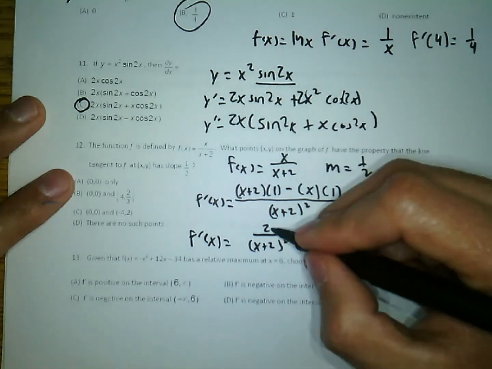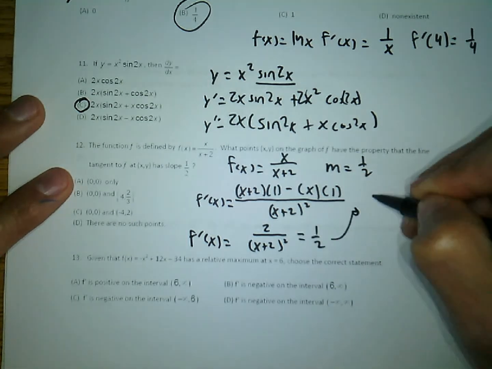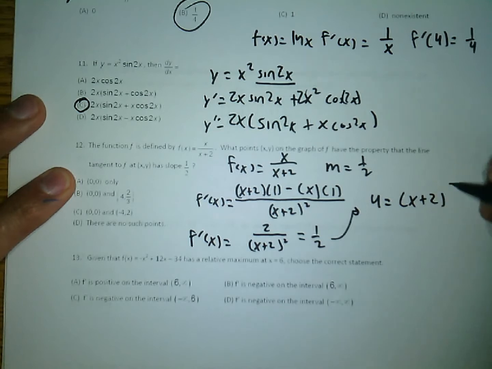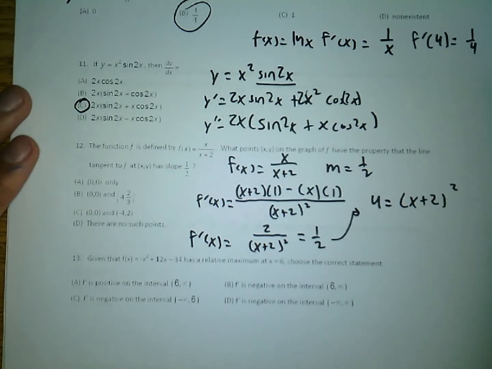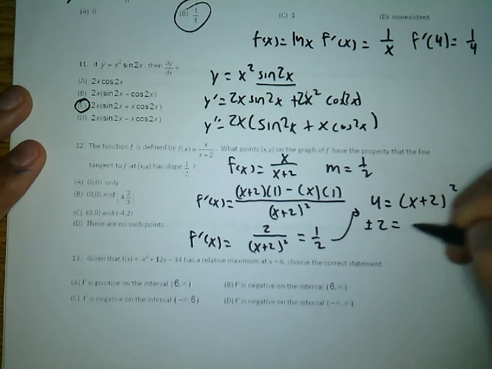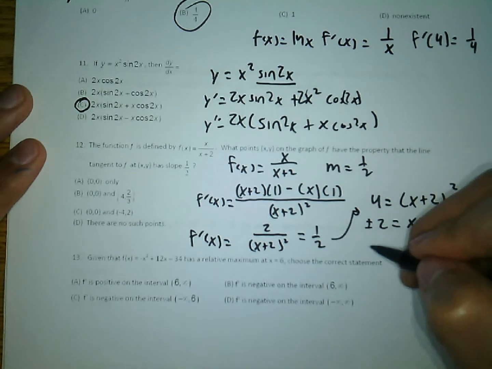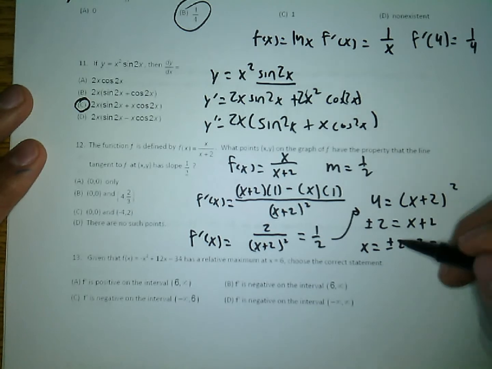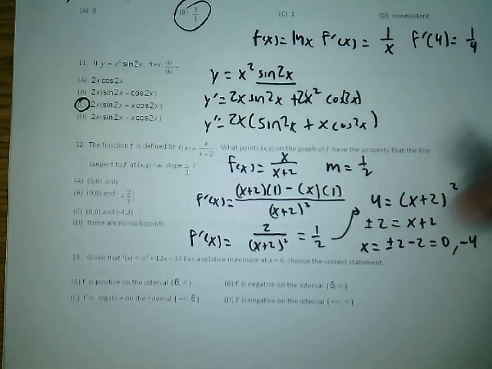So I'm going to clean this up. I'm going to cross multiply. So 2 times 2 gives me a 4, and then 1 times x plus 2 squared is going to give me x plus 2 squared. I'm going to take the square root of both sides. So the square root of 4 is going to be plus or minus 2, which is equal to x plus 2, which means x is equal to plus or minus 2 minus 2. So 2 minus 2 is going to give me 0, and then negative 2 minus 2 is going to give me negative 4. So it looks like I'm looking for points, but before I go and find the y coordinates,